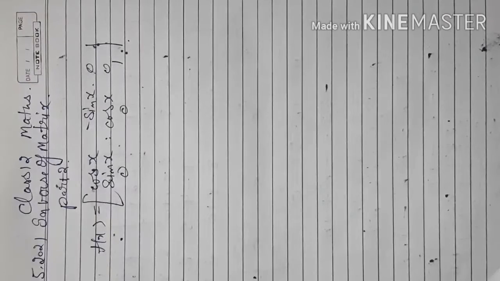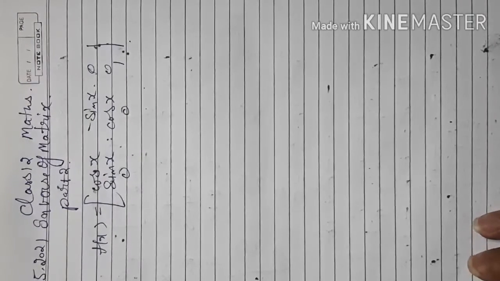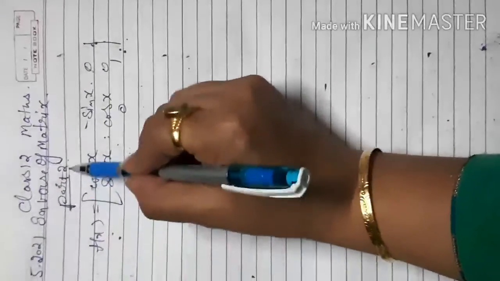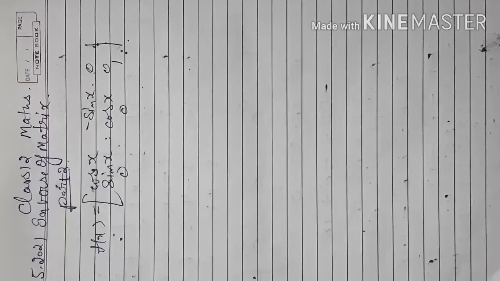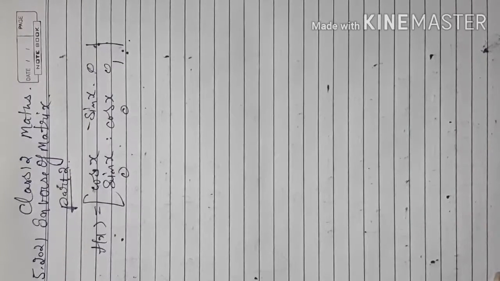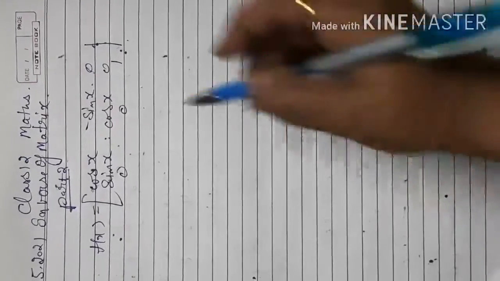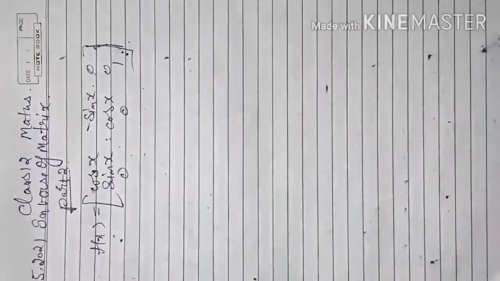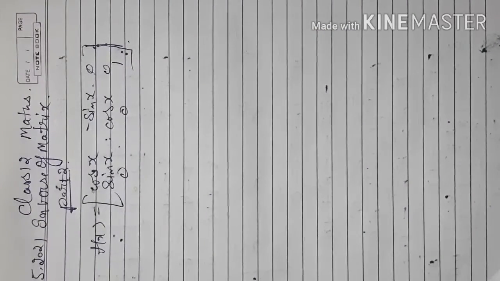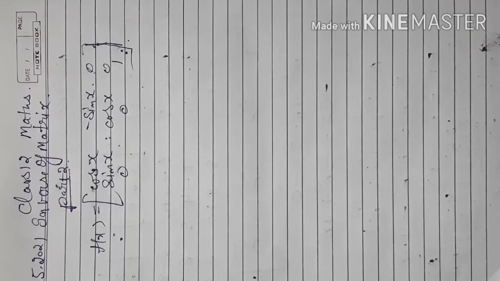Hi, good morning everyone. Today we will discuss another question of inverse of a matrix. We already know that before finding any inverse of a matrix, first we have to check whether it exists or not. Previously, whatever we have done was related to numeric form. If our matrix is in the form of trigonometry, how can I find the inverse of a matrix? Today this is a question from your worksheet, also sent for homework.